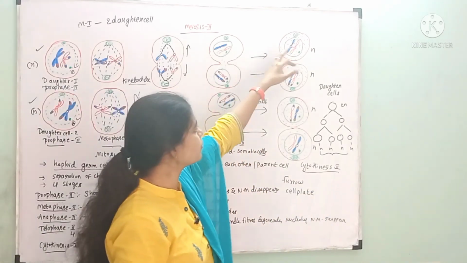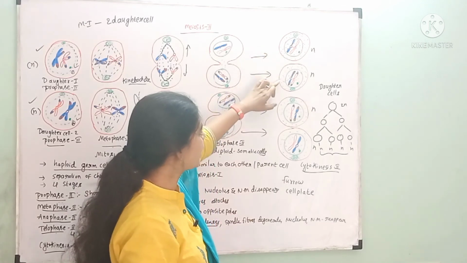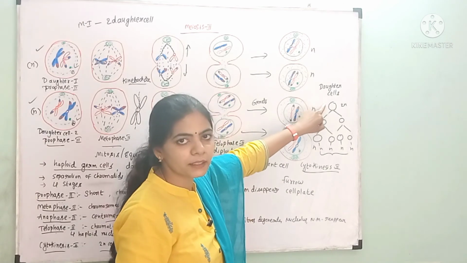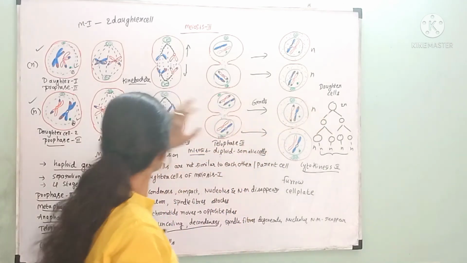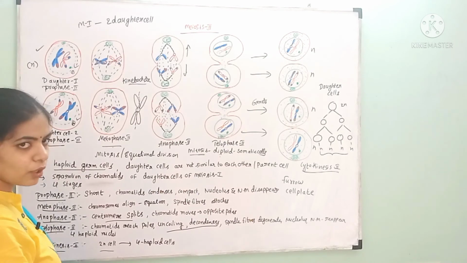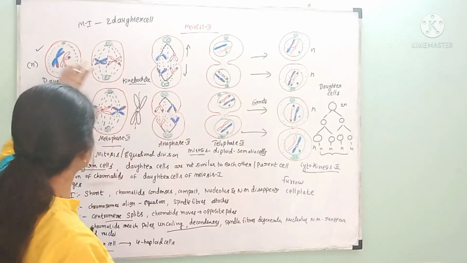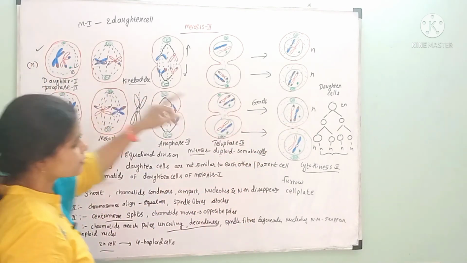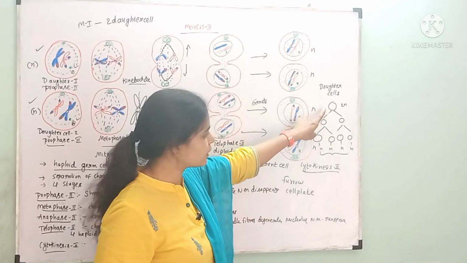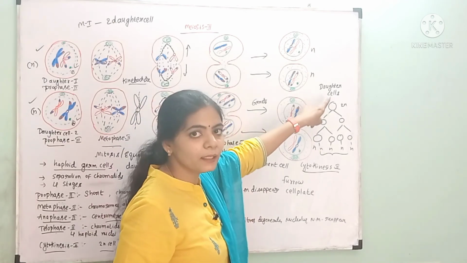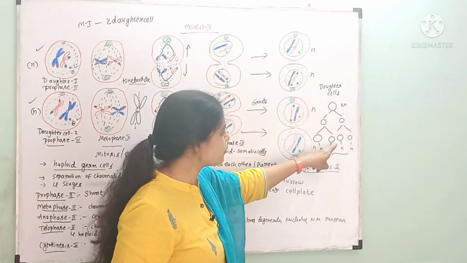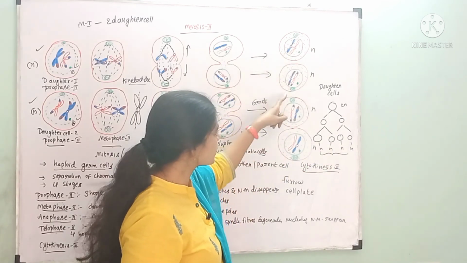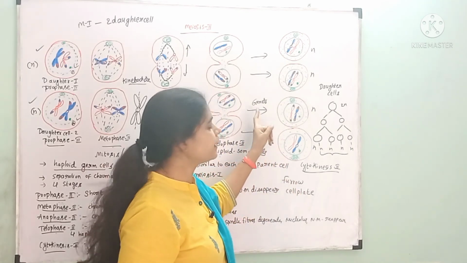Here, after separation, what will happen? Totally 4 haploid daughter cells are formed from the single diploid cell. From the single cell, we have already drawn in the last meiosis 1, right? So we have just seen the daughter cells. From this stage onwards, we are drawing here. So this stage we have already completed in meiosis 1. From one single diploid cell, how many daughter cells were formed? 4 haploid daughter cells were formed, and these 4 daughter cells in meiosis 2